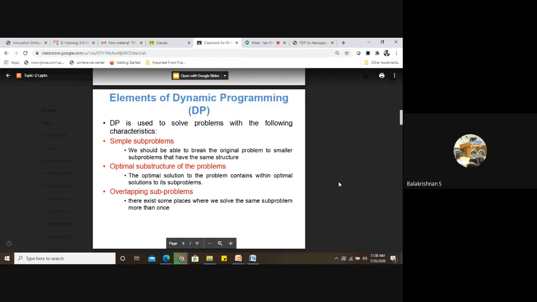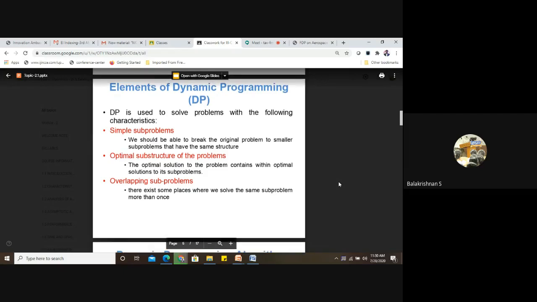So we may say that dynamic programming can be used in both a top-down as well as a bottom-up manner. Some examples: the following problems can be solved using the dynamic programming approach. For example, the Fibonacci number series, the knapsack problem, the towers of Hanoi, all pair shortest path by Floyd-Warshall, shortest path by Dijkstra, and some sort of project scheduling also.